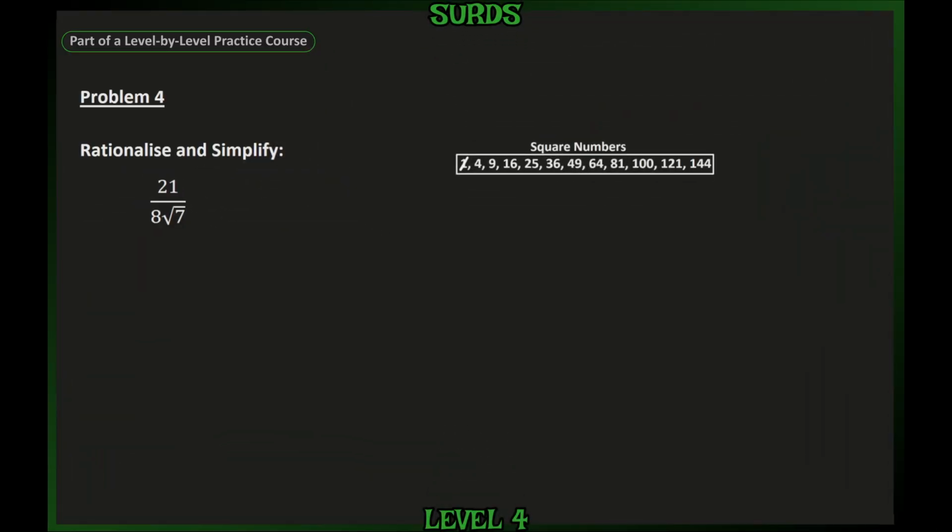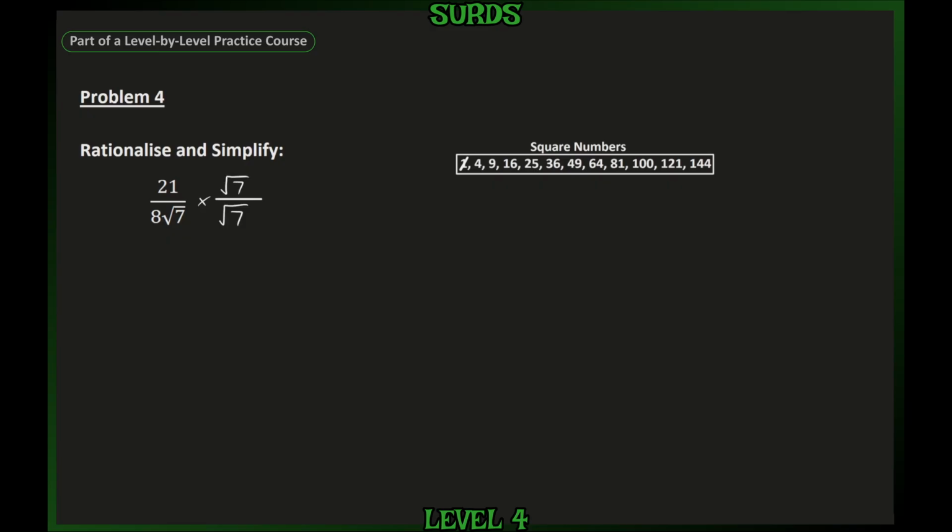In problem 4, we're rationalising and simplifying 21 over 8 root 7. Now again here, what we'd like to do is remove the surd from the denominator, which is what rationalising means. And we can do this by multiplying the denominator by the square root of 7. And if we do this, we need to also multiply the numerator by the square root of 7 to keep